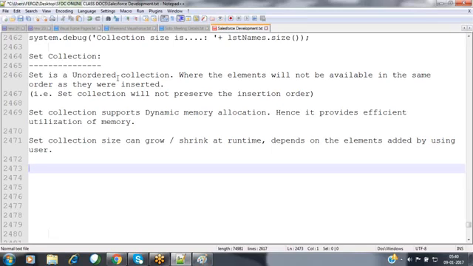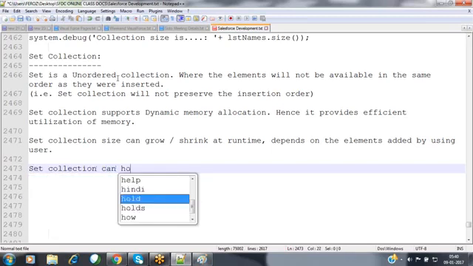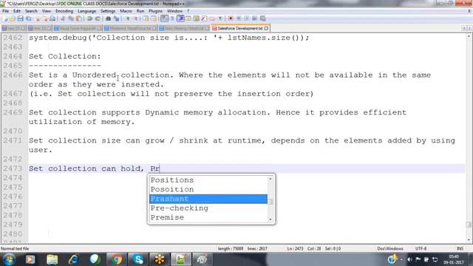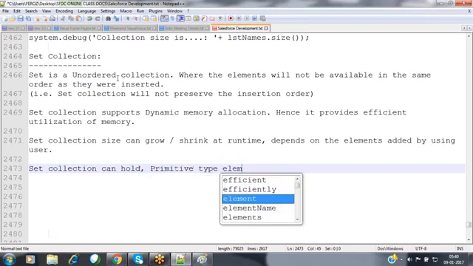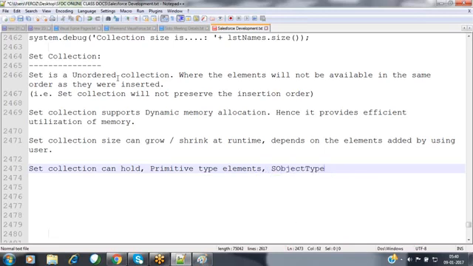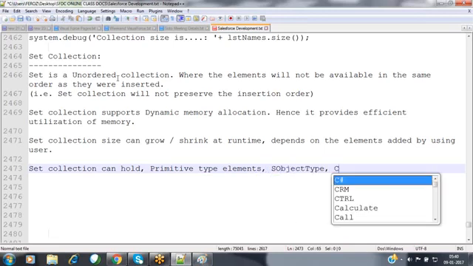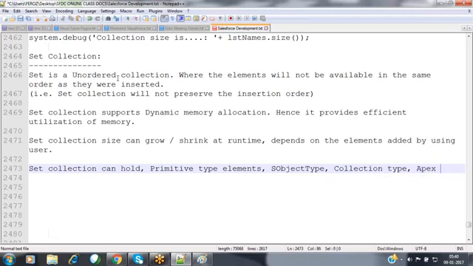The set collection can hold primitive type elements, sObject type, collection type, Apex type, and user defined type elements.